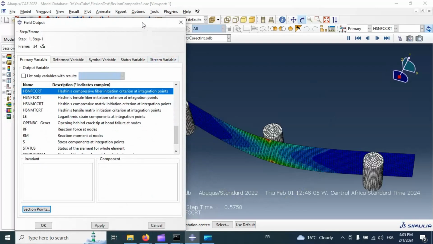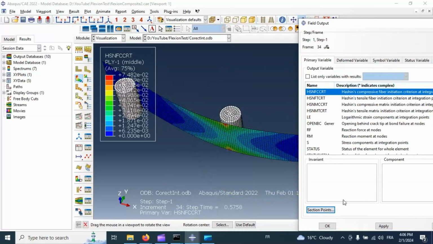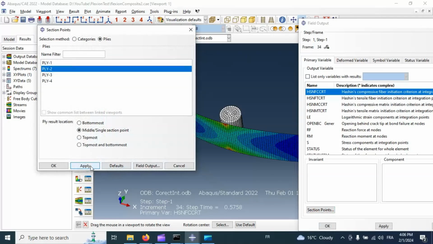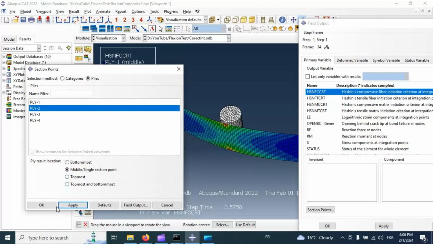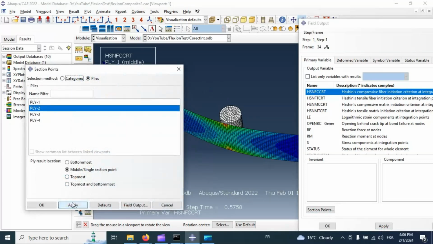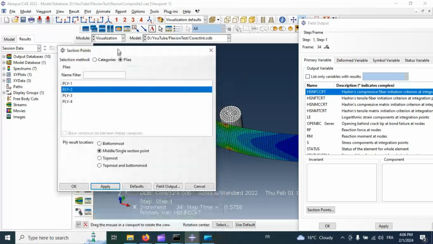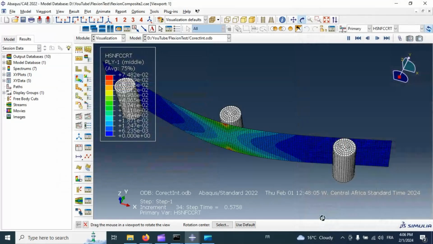Let's select in the second layer, apply, okay, apply. No, we still have the first layer, okay, apply, okay,